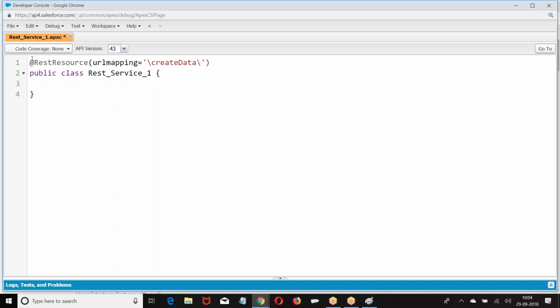Create data. Hello, sir, just one question. Ask the question quickly. Like you are saying, if we are using this sharing, then the user security will come into picture. But suppose the user is not a Salesforce user, some other user, create data. Hold for a minute.